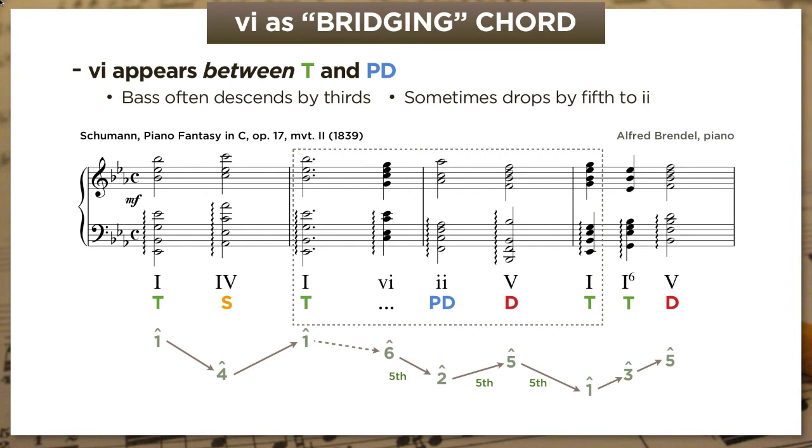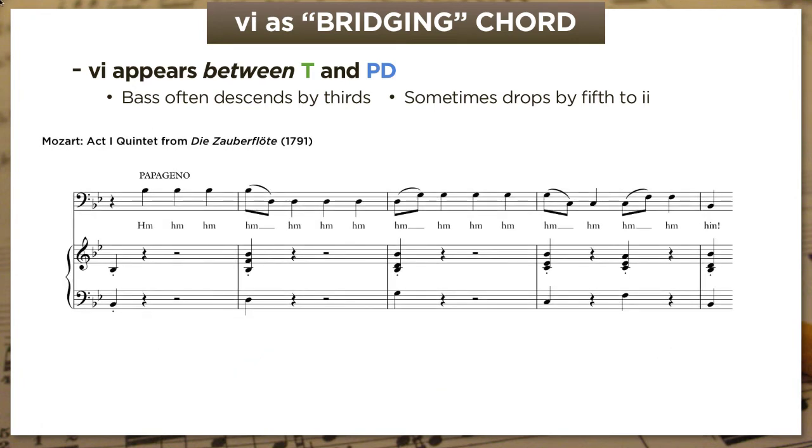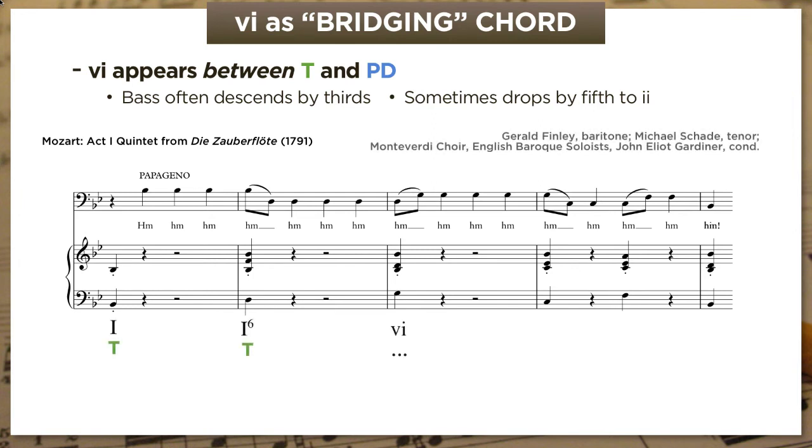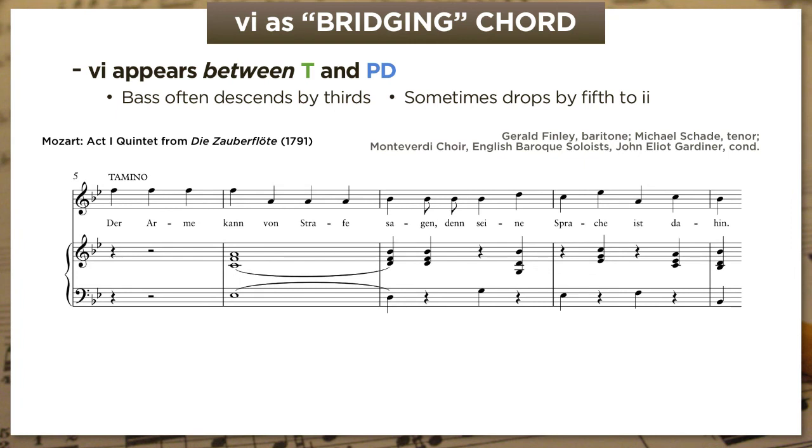Another variant of this progression leads into 6 from an inverted tonic. Here's one of my favorite scenes from Mozart's Magic Flute, where Papageno has to sing with a giant padlock on his mouth. And then Tamino responds with basically the same progression, although now starting on 5/4-2 instead of tonic.